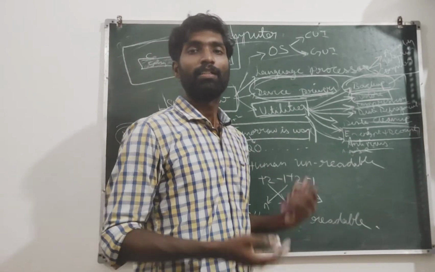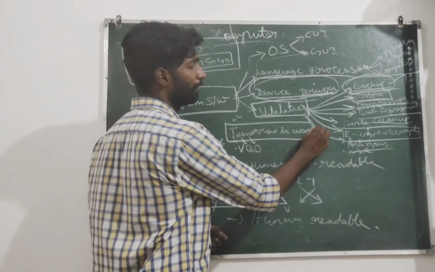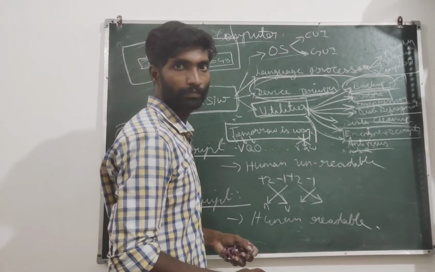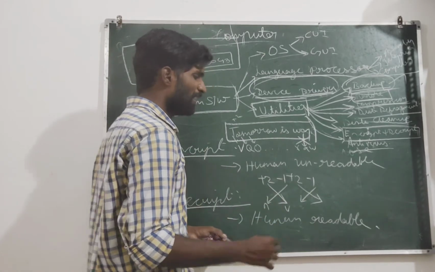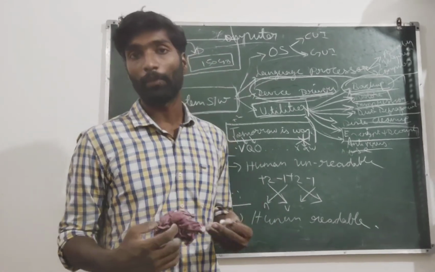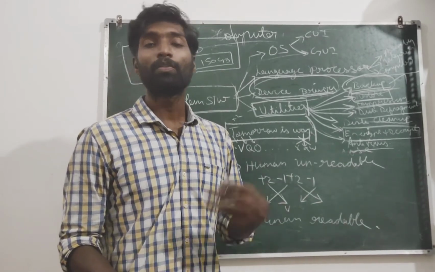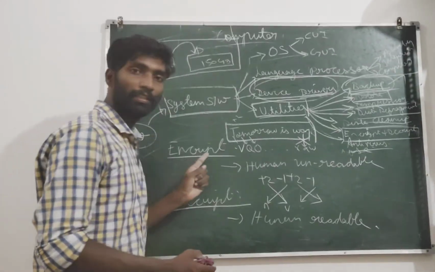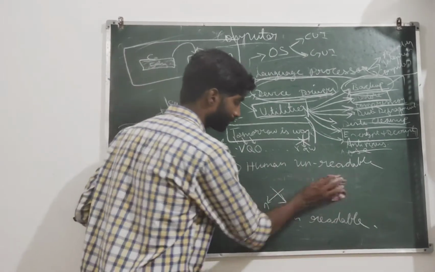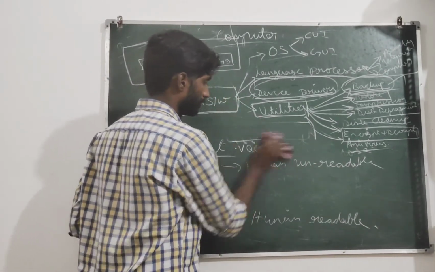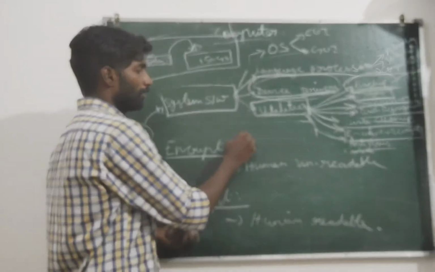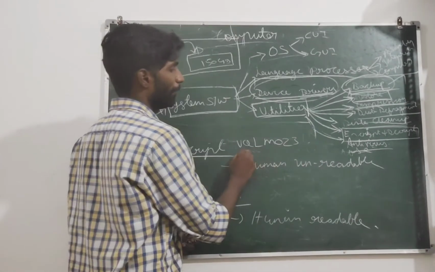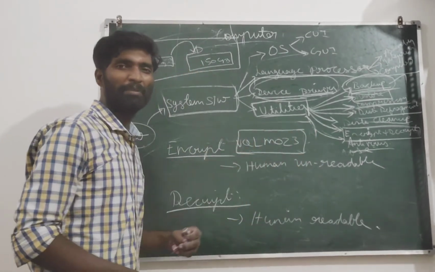Sometimes they will not encrypt, they will simply write it raw. But this is encrypt. There are so many procedures. Humans cannot read it. If you go to the high level, the computer also encrypts, and we cannot read that. If you type the encrypted text, it will decrypt only through decryption. So some V Q L M O Z 3, some encrypted message.